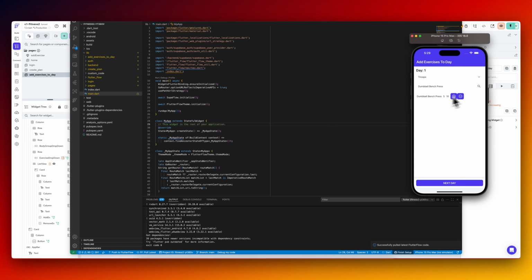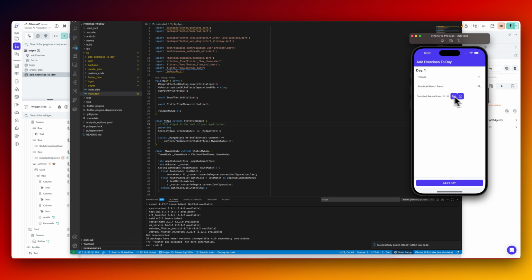Okay, and so we need to do something with this. The problem is that the component doesn't have access to this page, because only the page has access to this. And so one thing that I would recommend is we can make it an app state, because app state is going to have access to it. And that way it can automatically delete it off this list because it's already been added. Another thing that we can do is cycle through the elements that have been added, and if we find something of this, we do something with it, you know, remove this button or something like that. So first,